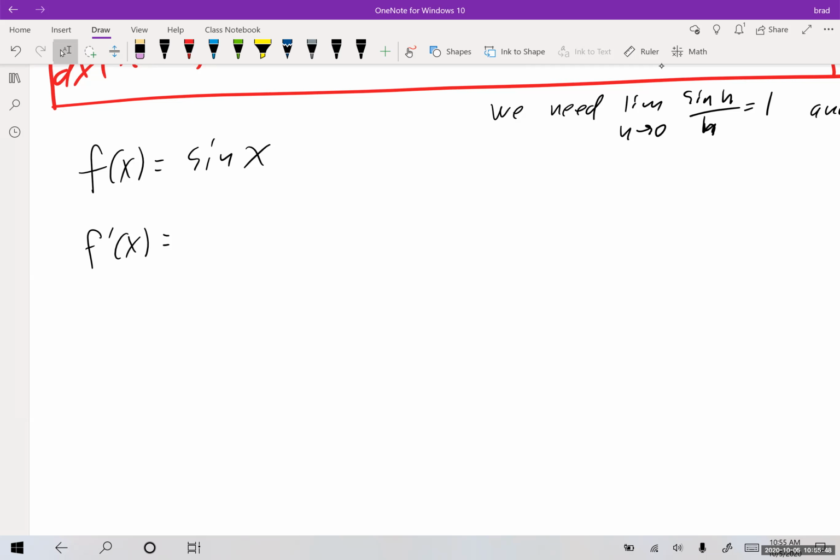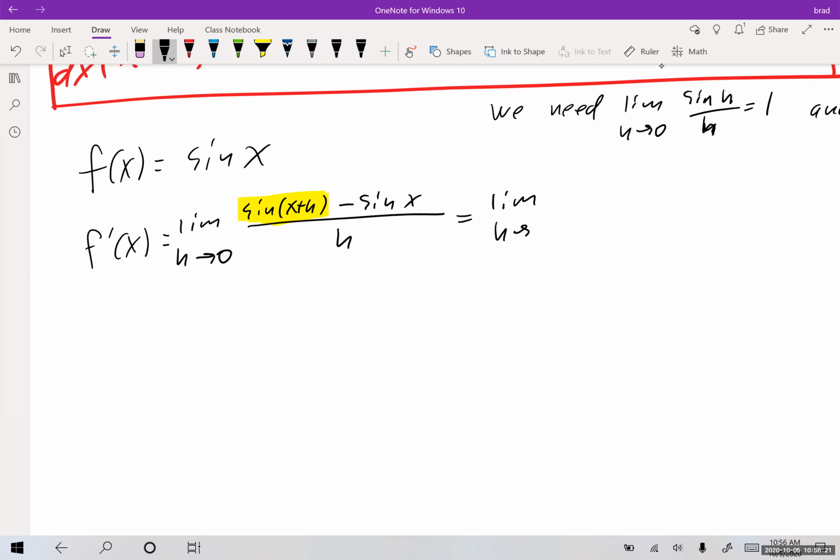So the first thing I'm going to do is rewrite our limit definition of the derivative: the limit as h approaches 0 of sine of x plus h minus sine x all over h. Okay, now we can use our trig. You remember whenever you have a sum or difference inside the argument of a trig function, we can use the angle addition formula: sine of x cosine of h